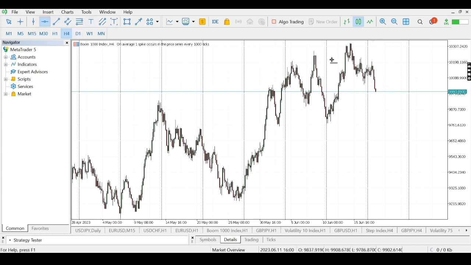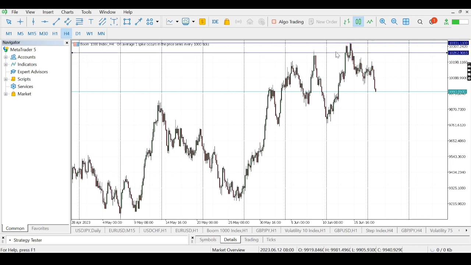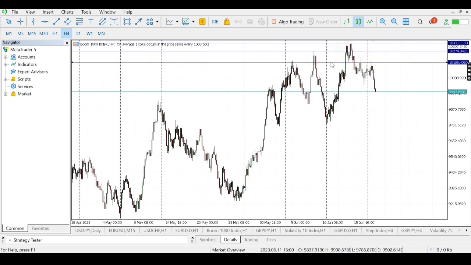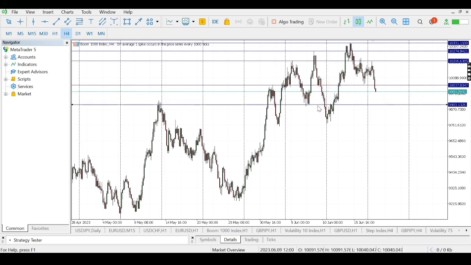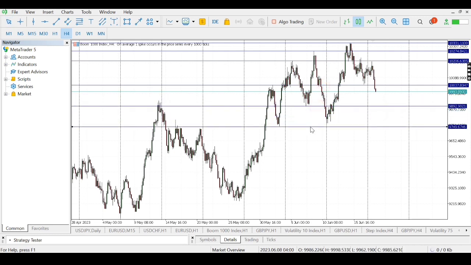So the first swing point is right here at the top, then the second swing point is right here, third swing point here, fourth swing point here, fifth one here, then sixth one here. So around those zones, you can see that price was playing too much here. So then what we do, remember what we always do, is we draw our rectangles right here to mark out